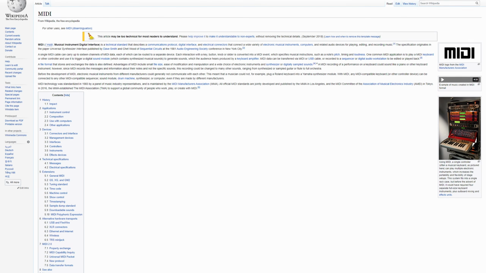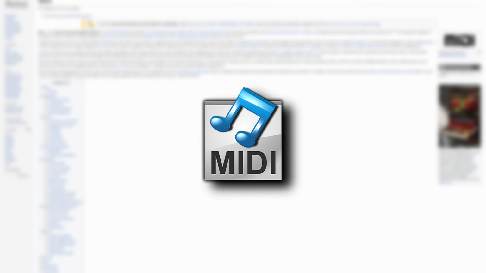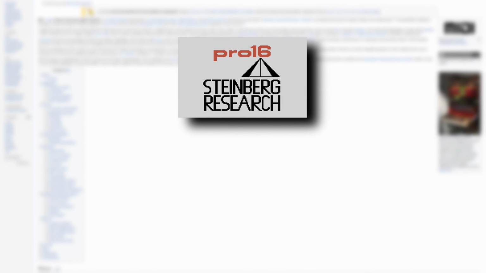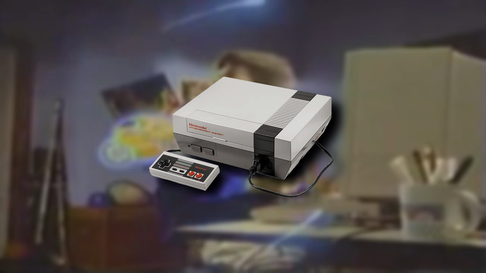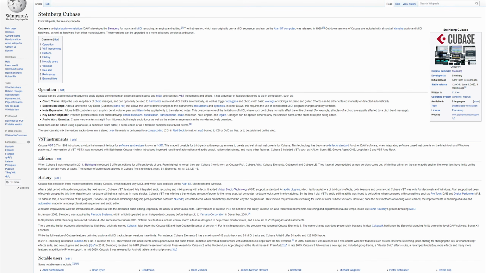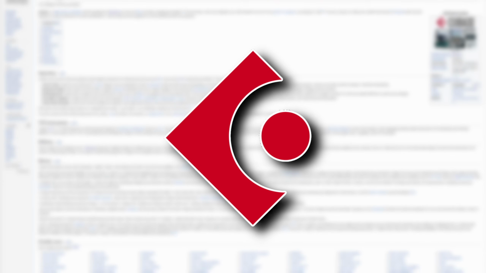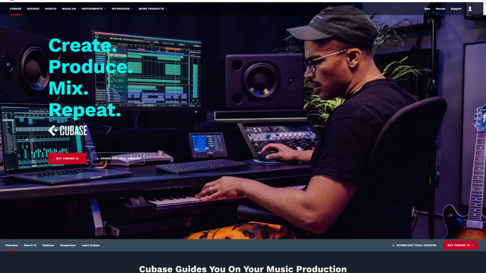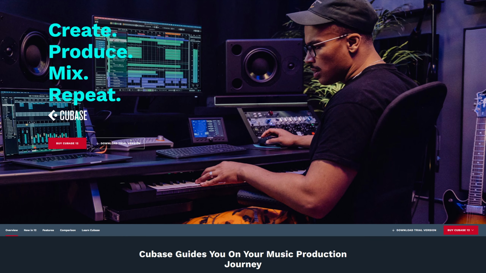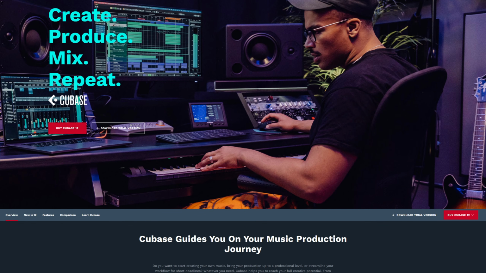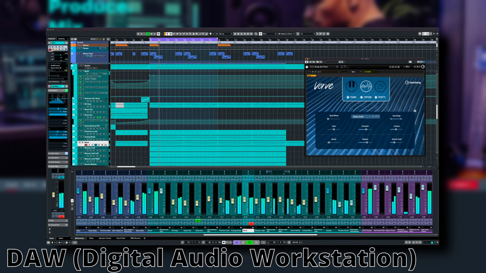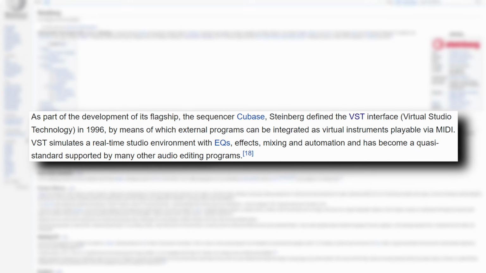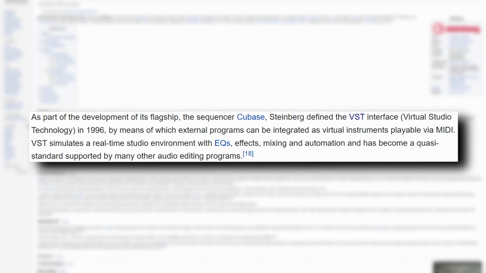Anyways, the two were early adopters of the MIDI file format and ended up developing one of the first MIDI sequencing programs called Pro 16 that ran on the Commodore 64 home computer. Just to give some perspective on how old that actually is, this is before the NES from Nintendo came out. This program would be the stepping stone for the two developers to create Cubase in 1989. Cubase was originally just a MIDI sequencer, much like a lot of early music production software was in the late 80s and 90s, but it would go on to become a fully fledged DAW used in major professional studios around the world. This program would become a major catalyst for the creation of the VST protocol later on.